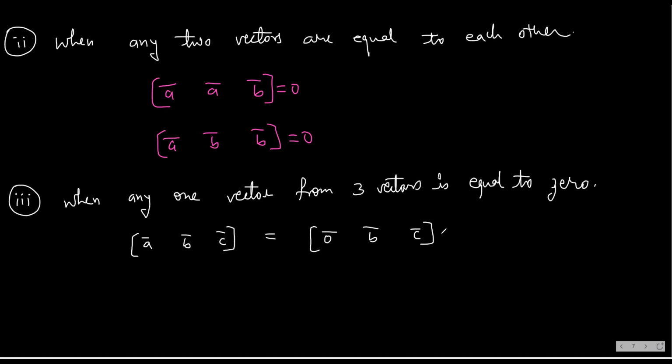Why? Because anyway you know that you calculate this by determinant. So if you have one of the vectors 0 bar, it means the coefficients of i cap, j cap, k cap are all 0. So you have 0, 0, 0, and here b1, b2, b3, c1, c2, c3. What will this be equal to? This will definitely be equal to 0. So this is also there. Now the fourth